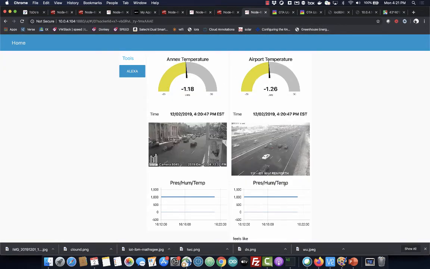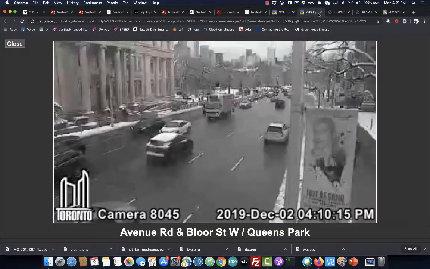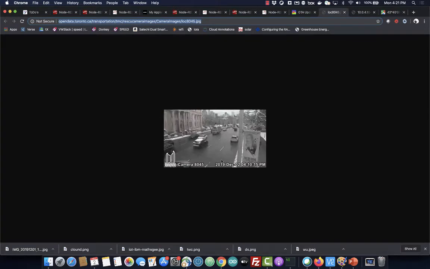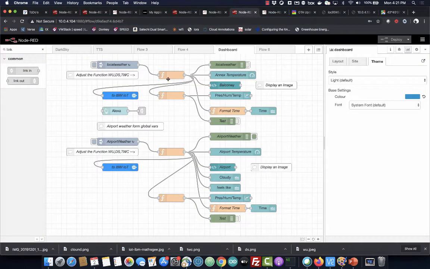So here we have this flow, and what I did is I just took some pictures here which are close to me, or this one's from the airport. If you just Google traffic cameras in your neighborhood, you probably find some open data which you can use. They usually have some static images which they update every so often. I just take this one and plug it into here,